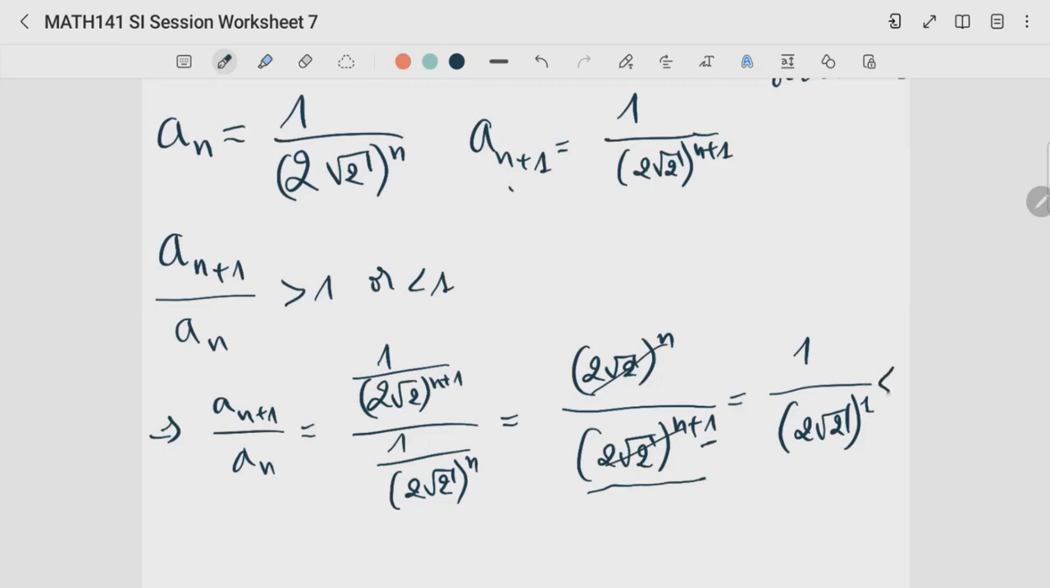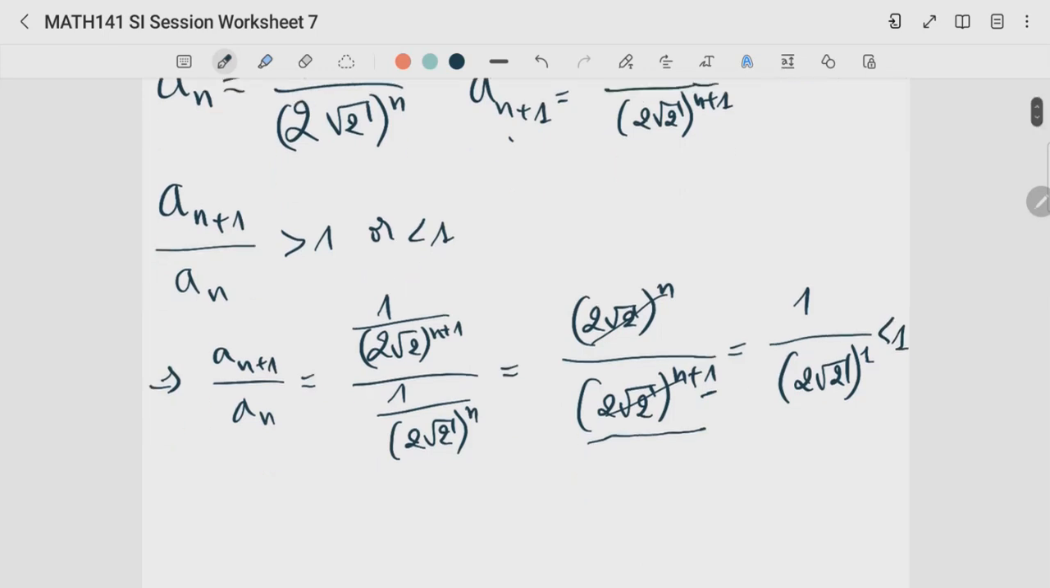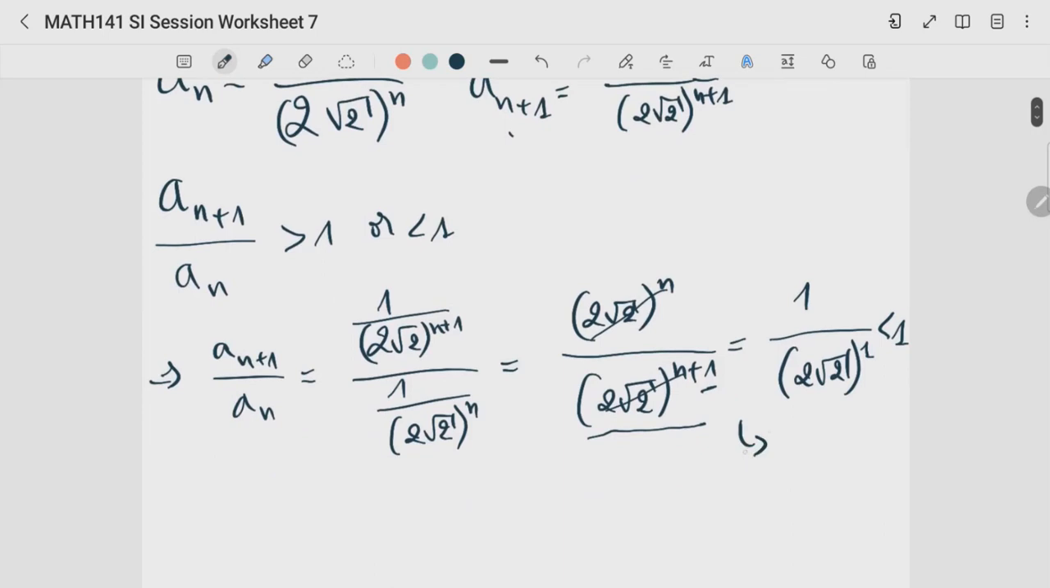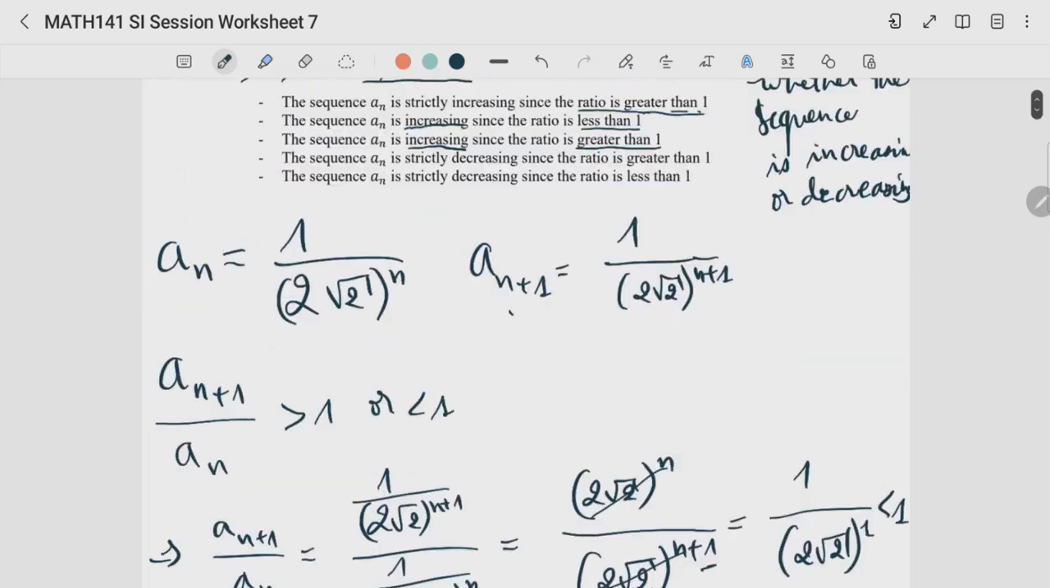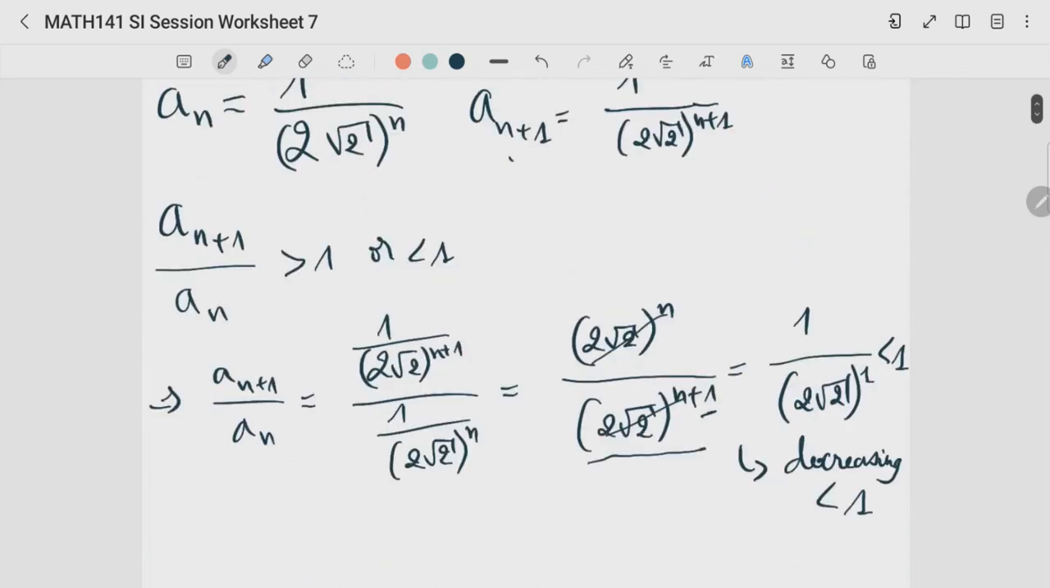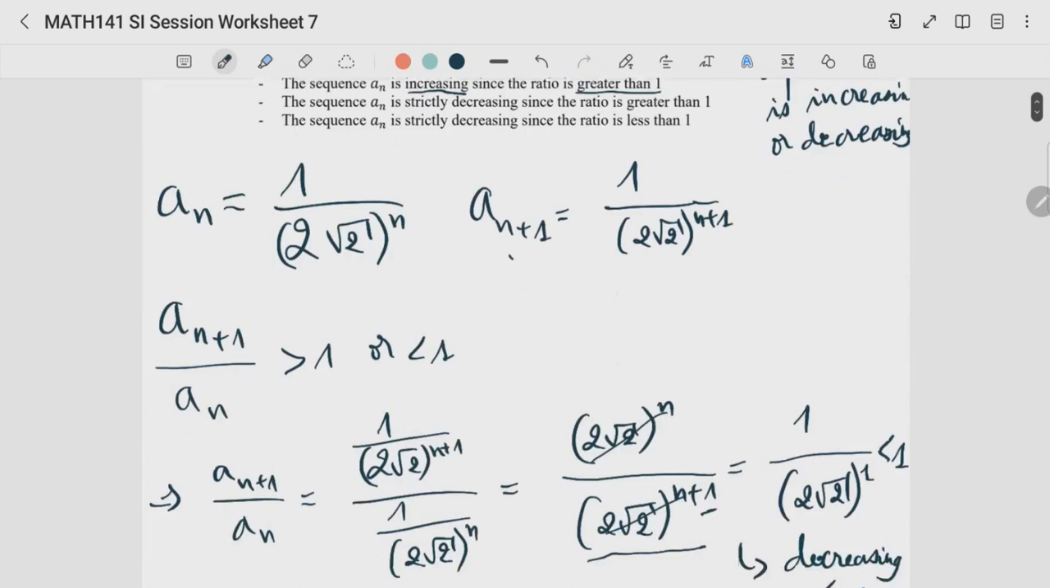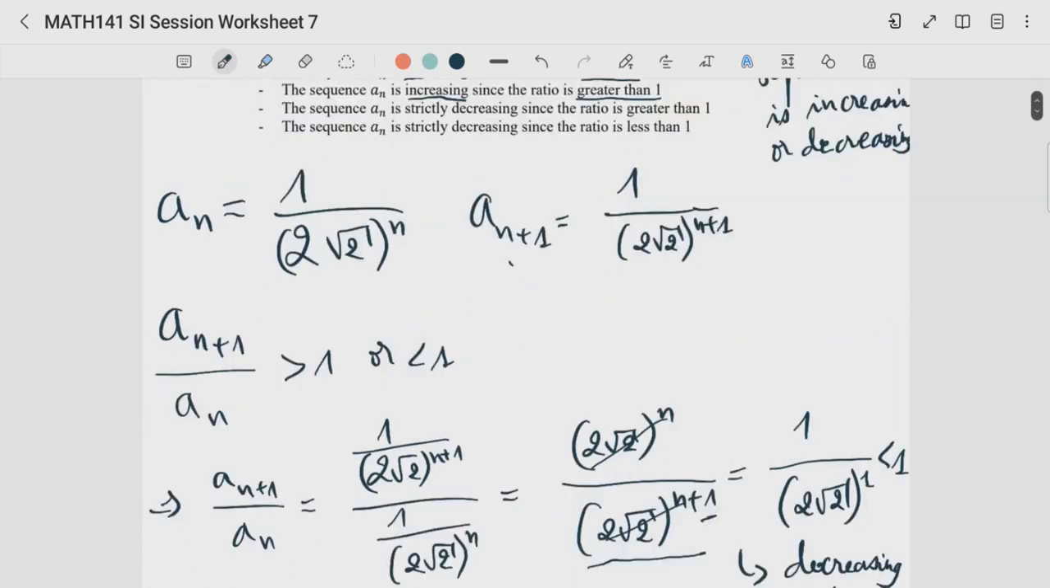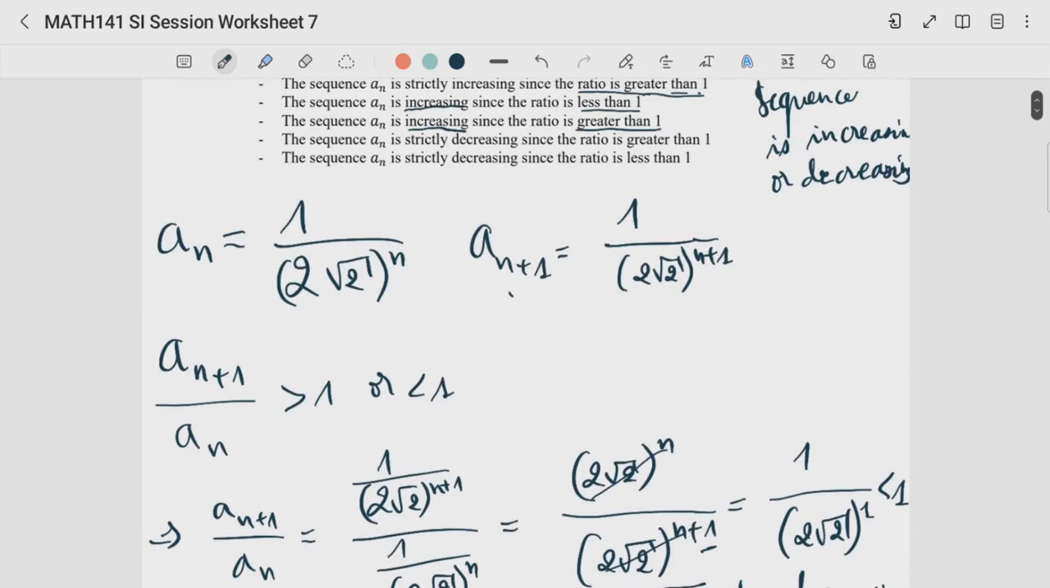And we can clearly see that this is less than 1. Okay. So what does that tell us? Well, that tells us that the sequence is decreasing because the ratio is less than 1, right? So the sequence is strictly decreasing, okay? And how do we know whether it's strictly decreasing or just decreasing? Well, we know that